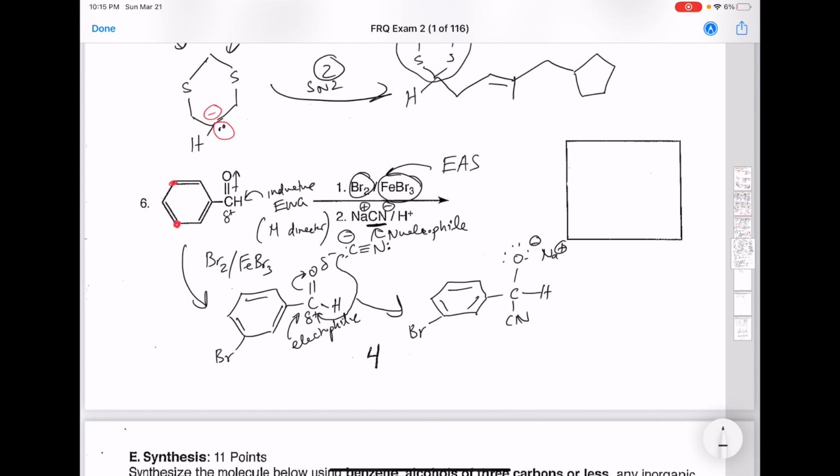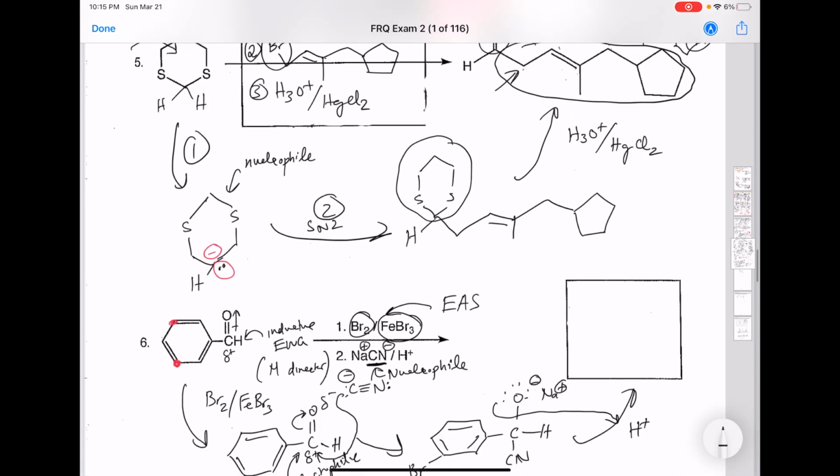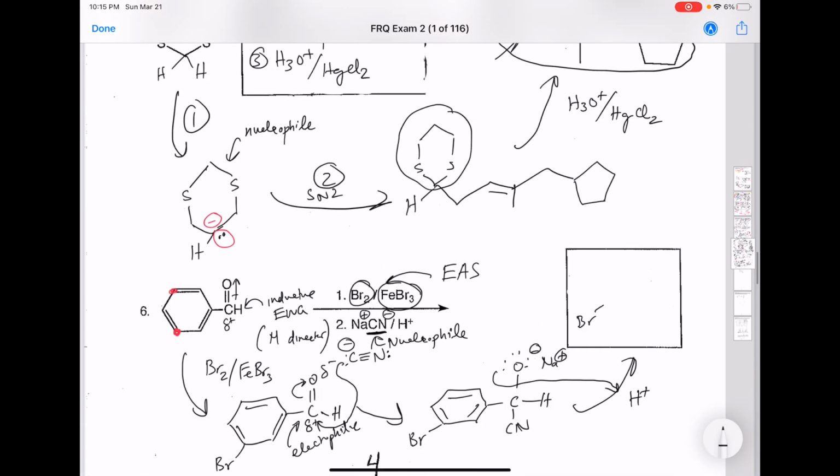Because the charge went up to the oxygen, it has a negative formal charge, but that's where the spectator sodium ion comes in, right, to stabilize the charge. And now we have one more step, which is a reductive workup. So that's where the H plus comes in, and it basically protonates that oxygen, and we are left with